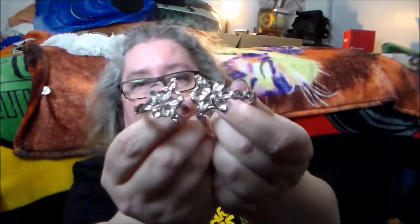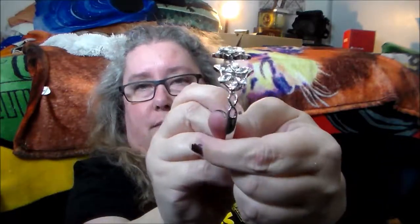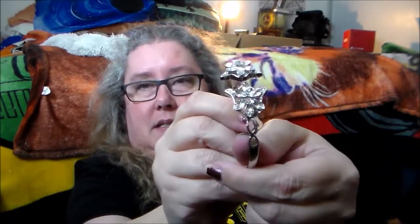And then the last item on here is the pendant. And it's like a cuff bracelet of the Elven pendants. And it stretches out a little bit so that you can put it on. I don't want to put it on right now. But anyway,